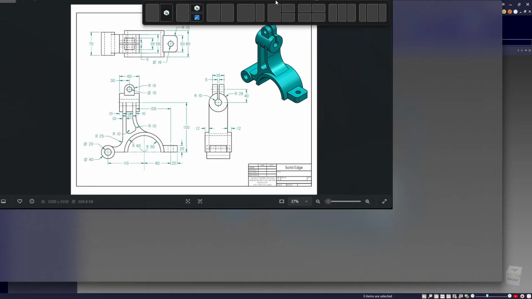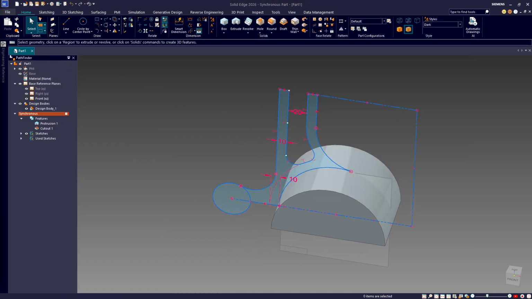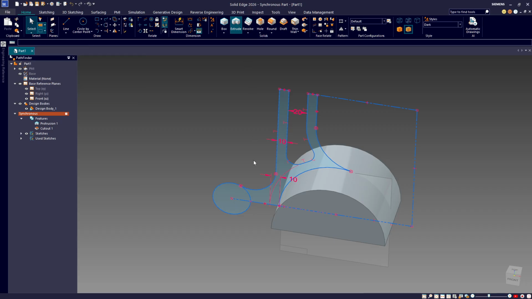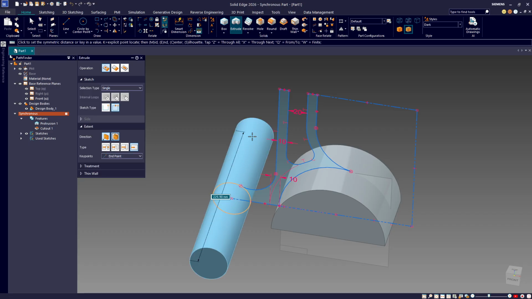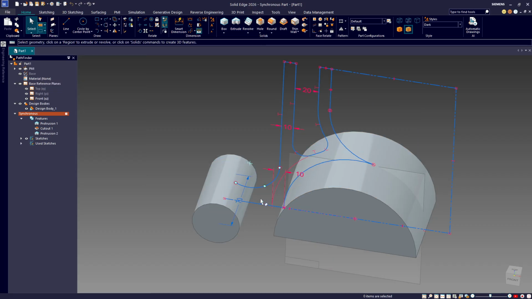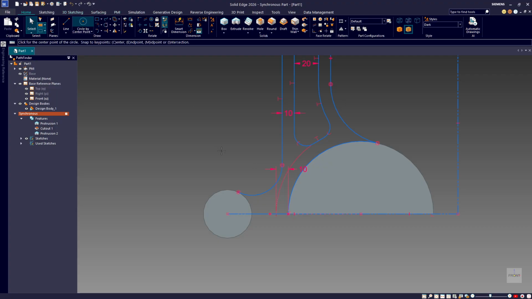But what I'm going to do is extrude the cylinder first. The cylinder in the back, this one back here, I'm going to extrude it by 70, and it's going to be a symmetric additive extrude. So it's going to be 70. And then I lost this part of the circle, so I'm going to have to go in and